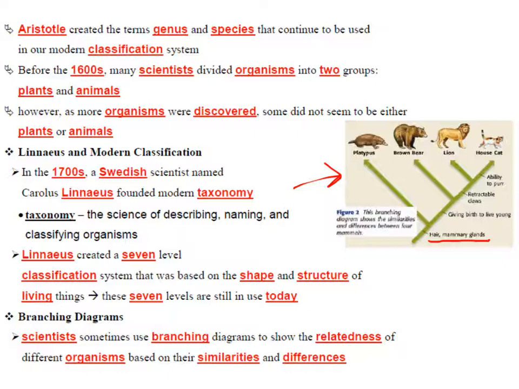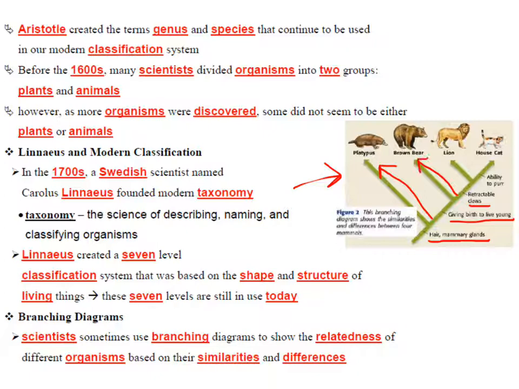The first branch off, though, is the platypus, and that's because the platypus lays eggs, which is very unusual for a mammal, but a handful of mammals do this. Most of them do not, though. So as we go past the platypus branch, now we have giving birth to live young, and this still includes the brown bear, the lion, and the house cat. Our next defining characteristic is retractable claws, and bears do not have retractable claws,